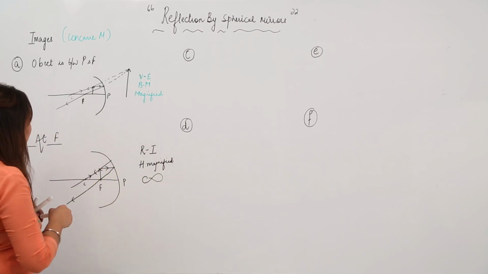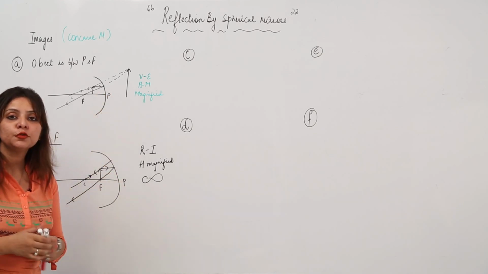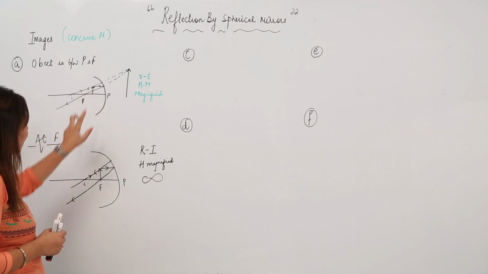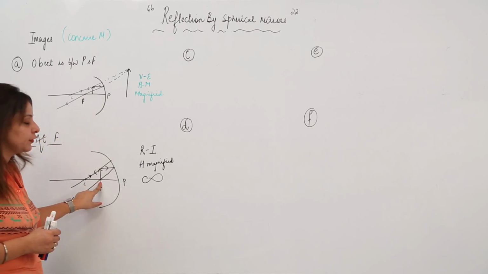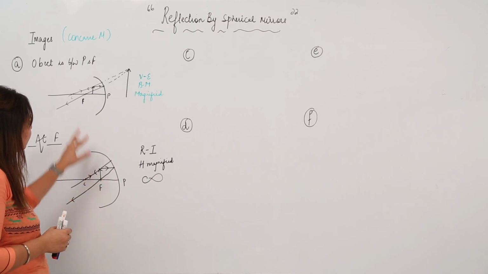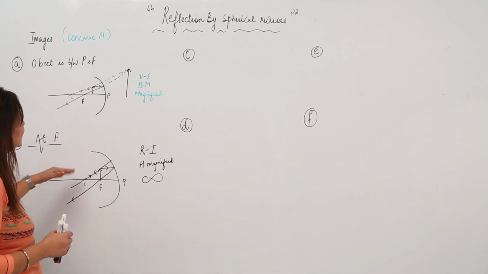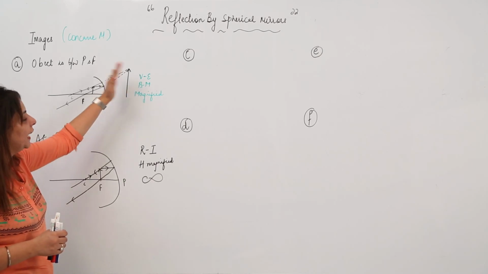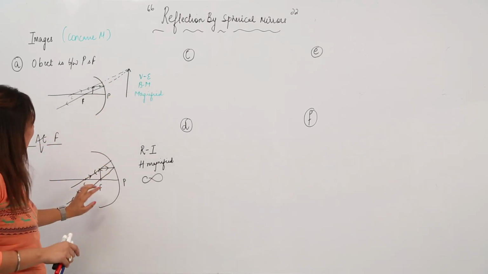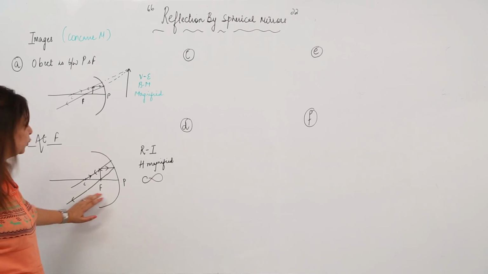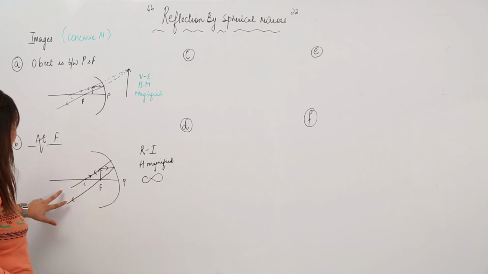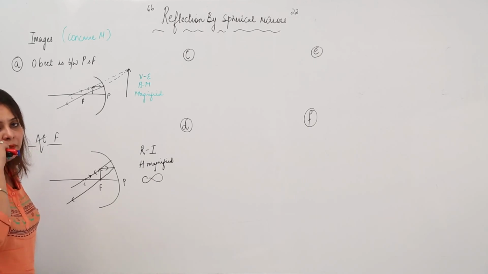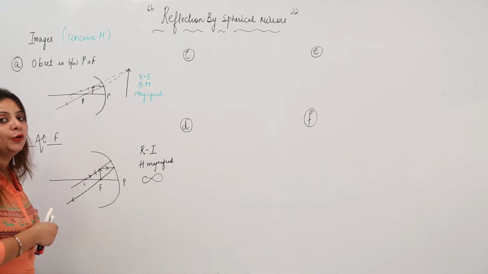Don't get confused between these two figures, as they both appear to be the same, but actually they are different. Here the object is between pole and focus, and in this case the object is at F. So whenever you make the ray diagram for both cases, don't get confused. In the earlier case you need to make the image behind the mirror, as we are just producing the rays, and here the image formed will be real and inverted, because these two parallel rays are going to meet at infinity. As I told you, parallel rays do not meet, but now I am saying that they are going to meet at infinity.